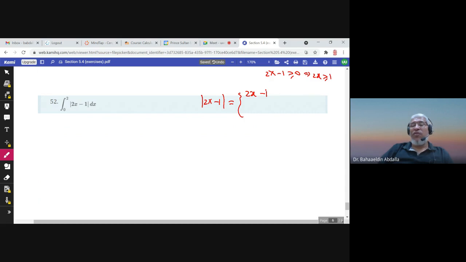This means if x is greater than or equal to half. And we will have negative 2x plus 1, negative this, if x is less than half. So here the definite integral is from 0 to 2. So from 0 to half, less than half, the absolute value would be equal to negative 2x plus 1,